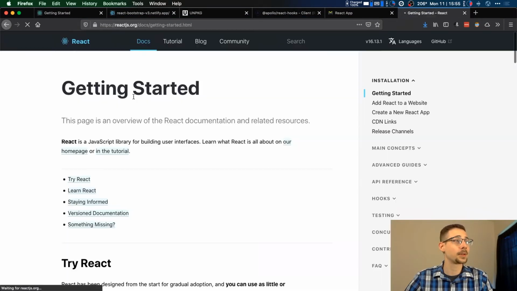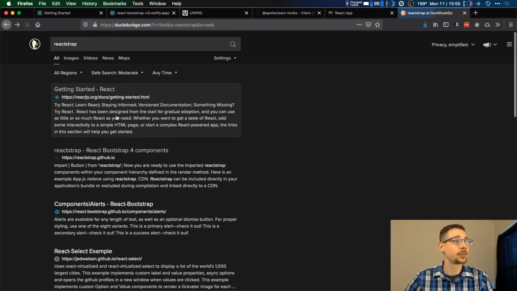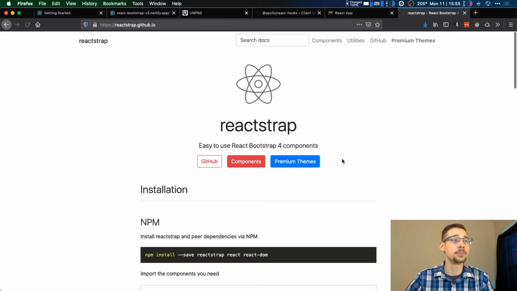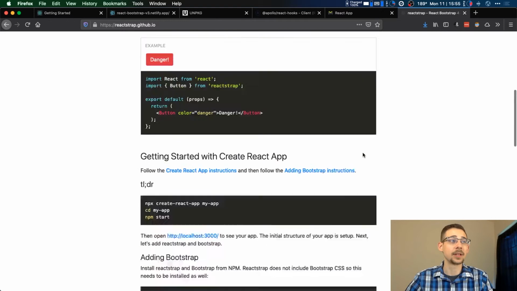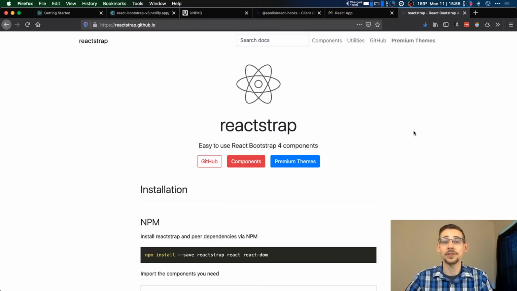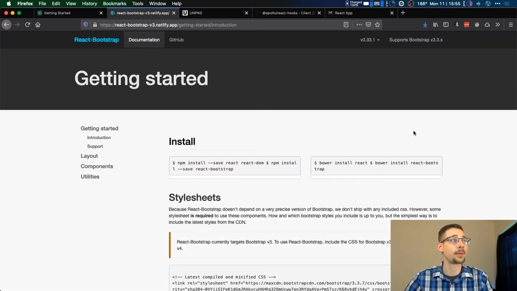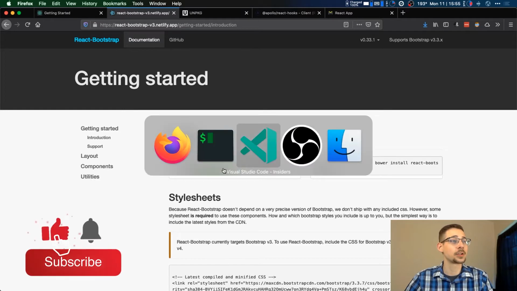React Strap, and oh, sorry, that one. This one, here we go. This is Bootstrap 4 components, and Bootstrap 4 is the new Bootstrap. If you're wanting to use Bootstrap, there's plenty of other frameworks and templating engines out there. You don't have to use Bootstrap, but if you want to, I would recommend using Bootstrap 4. For this project though, we're going to go ahead and use Bootstrap 3, and so I'm just going to copy that over to here,